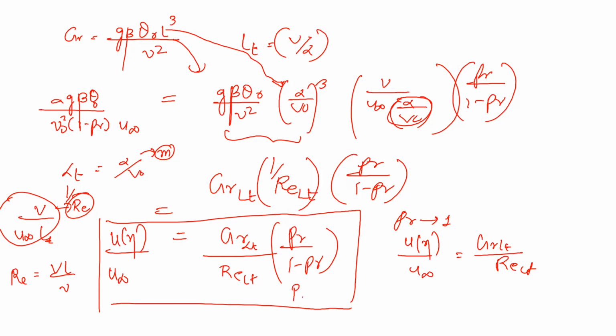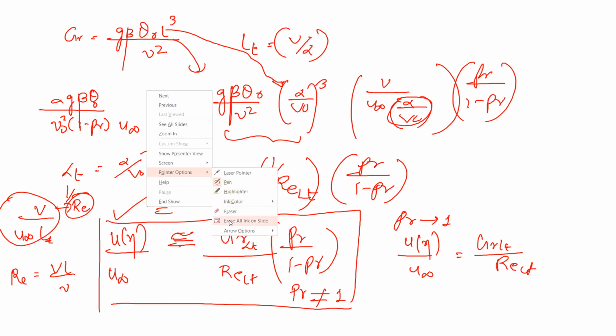This is for Prandtl number not equal to 1. We have almost approached that problem. We got a velocity distribution in terms of Grashof and this value. This is a proportionality only. For the final expression of u eta by U infinity, we just need to go back. Finally, u eta by U infinity becomes Gr_LT by Re_LT